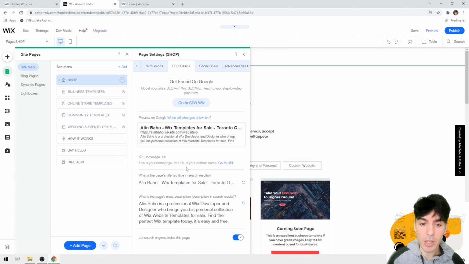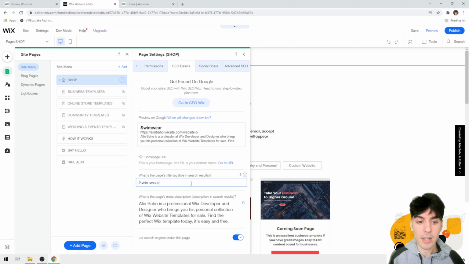This will help you rank really high. Another one could be swimwear, luxury, and then company name, and then location. You get the premise. You don't generally have to have it specific to one word. So for example, you don't have to just have one specific keyword. You could have, again, Alin Baho,